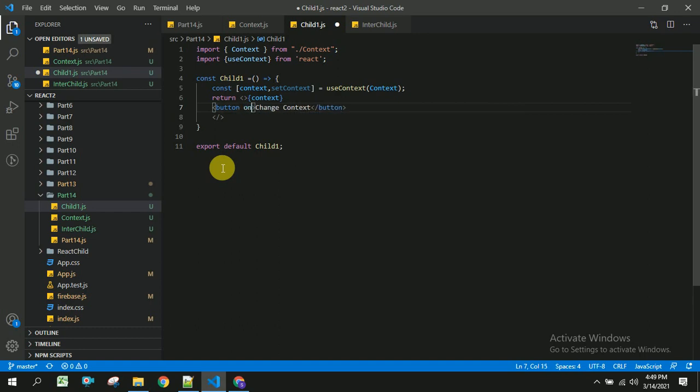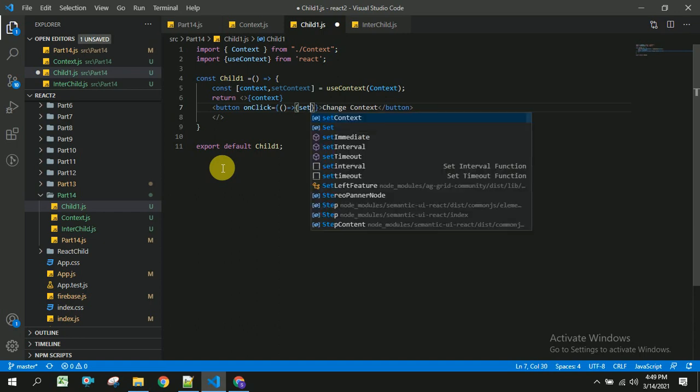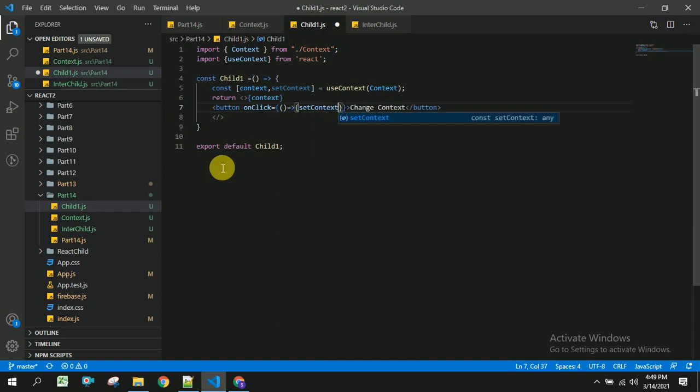So once user clicks on this button, on click event will be called, and inside this I am going to set the context value or change the context value to new value. So let us save this. So once this is done, you can head back to your browser and check whether it's working or not.